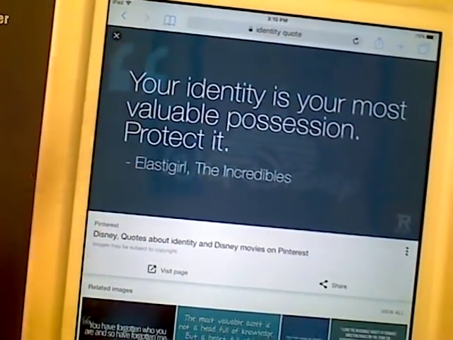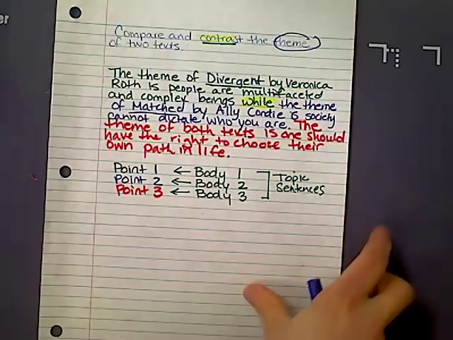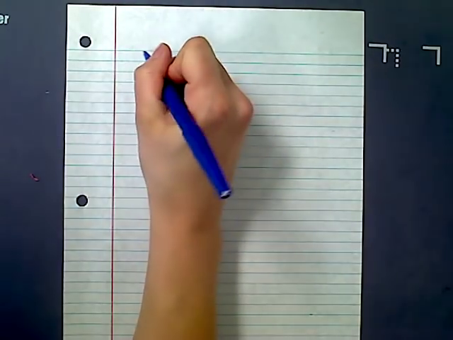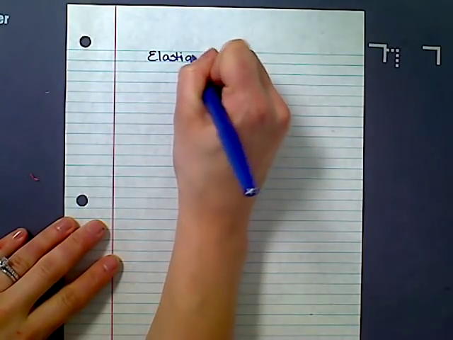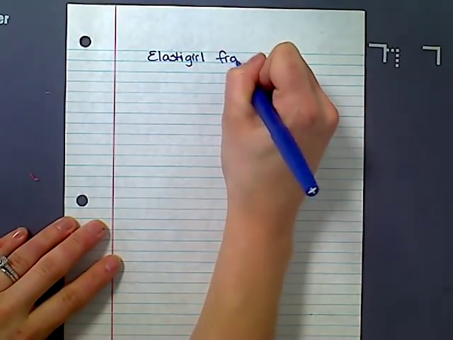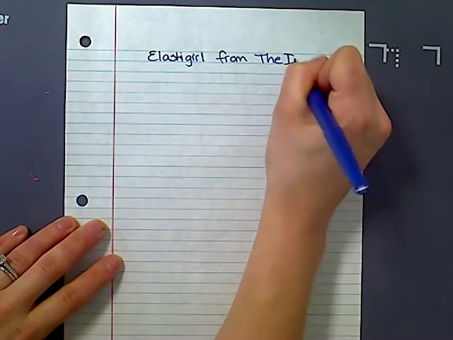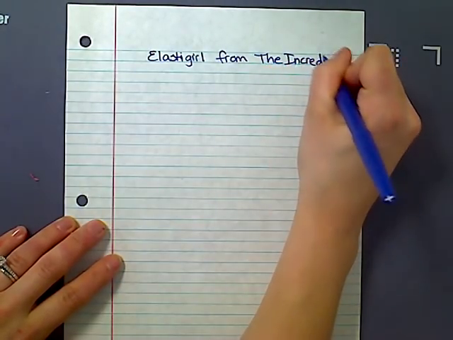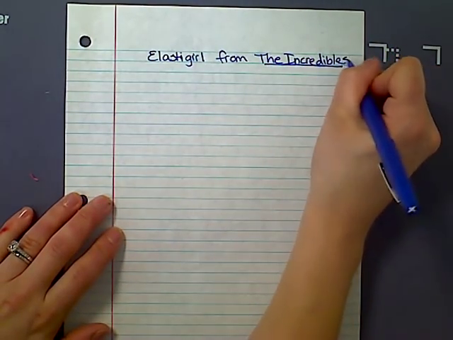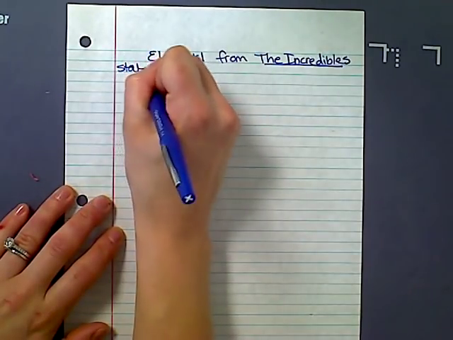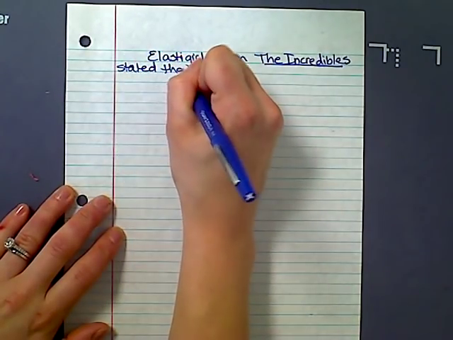And so I can't just list the quote. I need to go ahead and integrate it into the sentence. So let me start my introduction. Okay. And so I'm going to start with my hook. And so I'm going to say, and I start with an indent here, Elastigirl from The Incredibles, and The Incredibles is the title of a movie, so I'm going to underline it. Elastigirl from The Incredibles, and I'm going to say stated or said that,